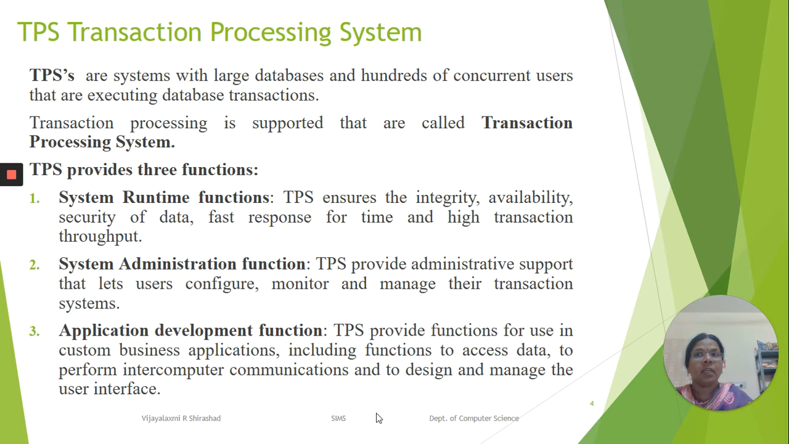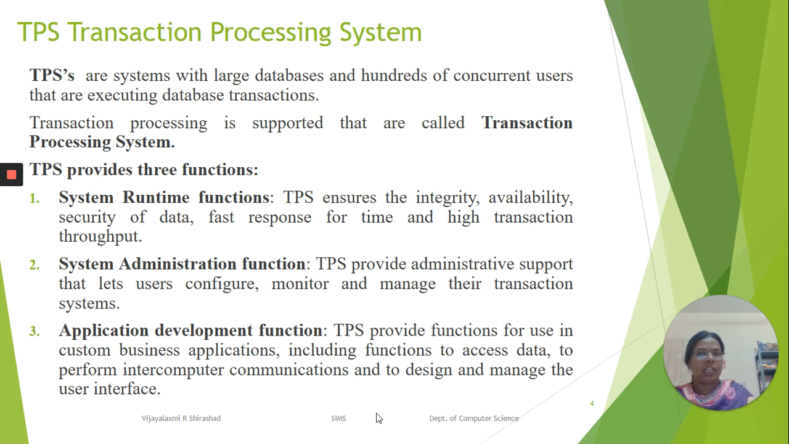Transaction processing system is a large database where hundreds of concurrent users are going to execute on the same database. The transaction processing that is supported is called a transaction processing system. For these transactions, hundreds of concurrent users connected with the same database execution will be called a transaction processing system. It provides three functions: system